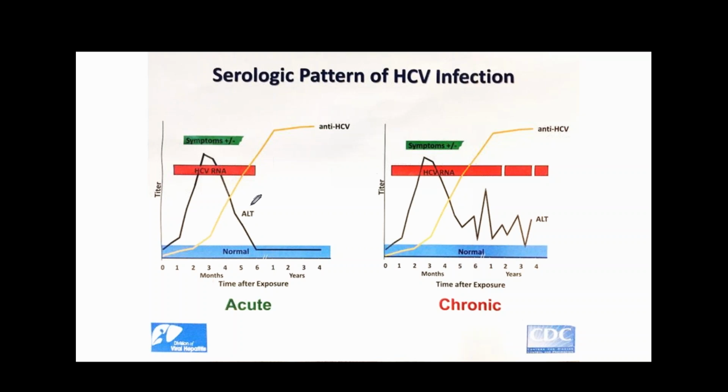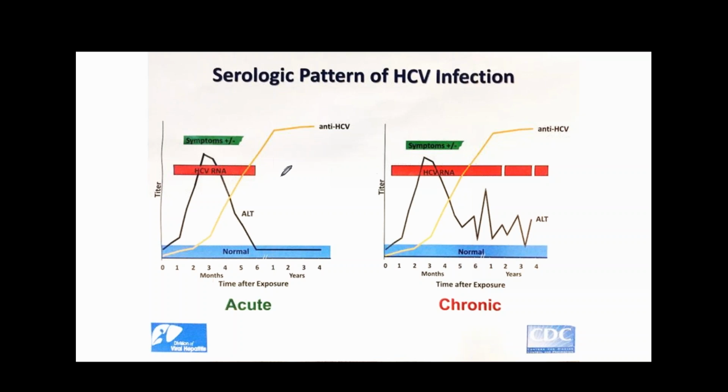Therefore, this proves that antibody test alone is not able to distinguish between recently infected or resolved infection. On the right is the usual pattern for chronic infection, which is characterized by persistent RNA. So we see that all throughout, the person will have HCV RNA in their serum. However, the ALT levels may fluctuate. This fluctuating ALT indicates continual liver inflammation. In chronic HCV infection, ALT generally tends to be lower than for recently infected. Again, notice the similarity between the anti-HCV trajectory for chronic and for acute.